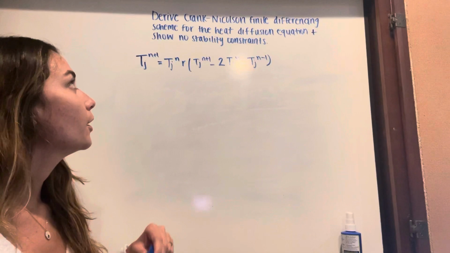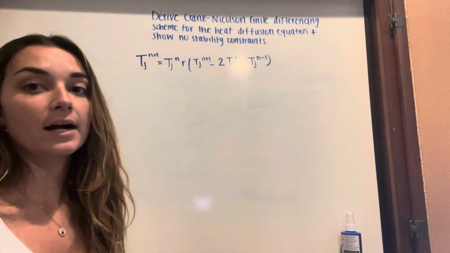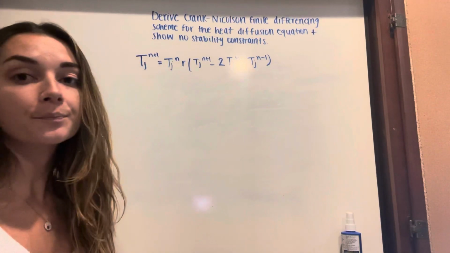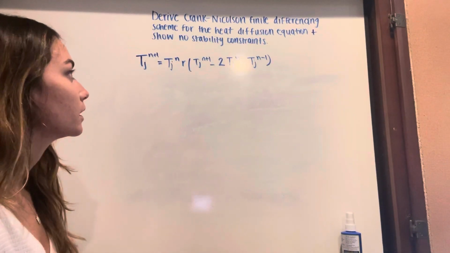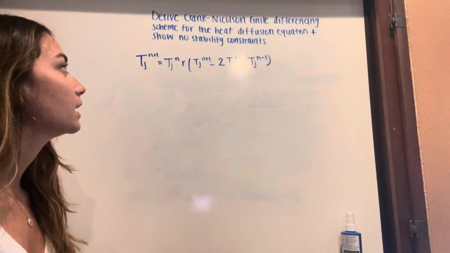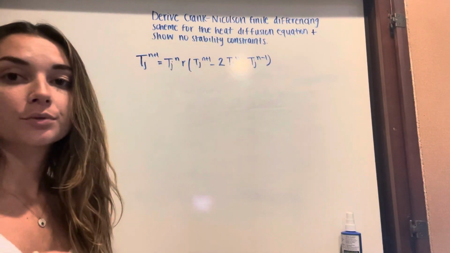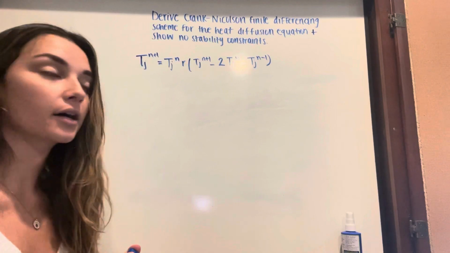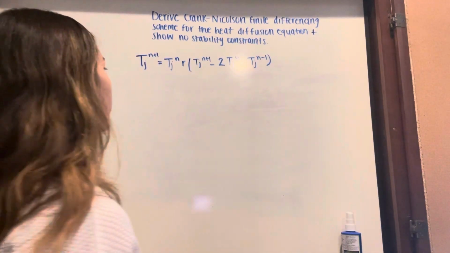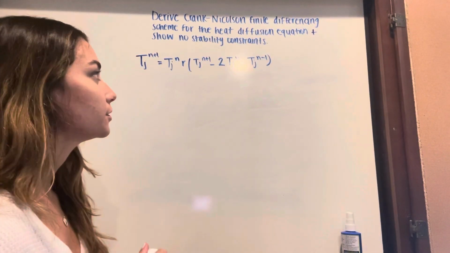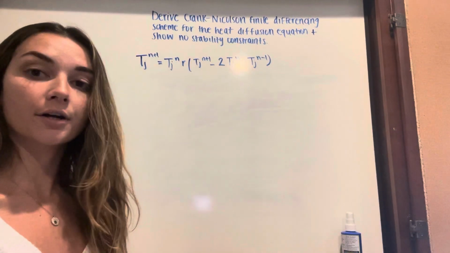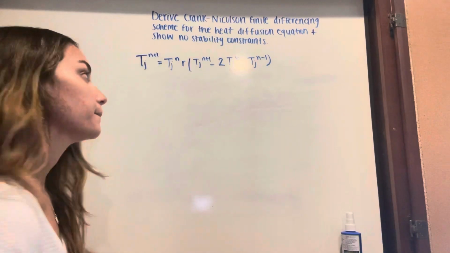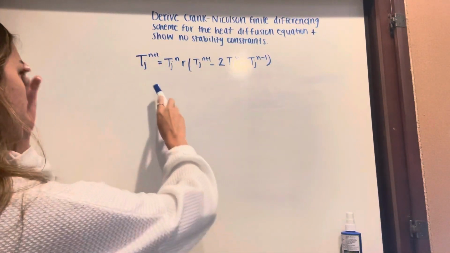And now what we're going to do is derive our Crank-Nicolson finite differencing scheme for our heat diffusion equation, in which we'll show that there are no stability constraints. And this is the last thing we need to do to finish our code and to solve our problem and plot those results. So first thing we're going to do, I have